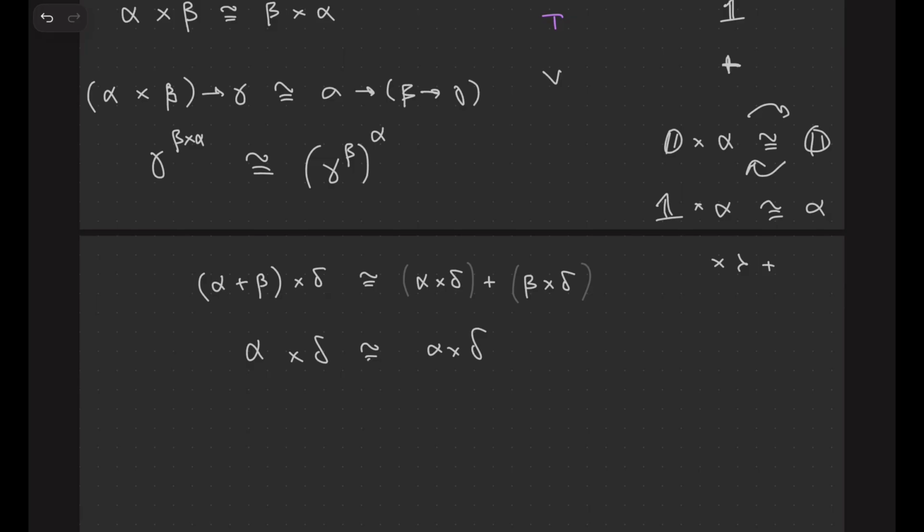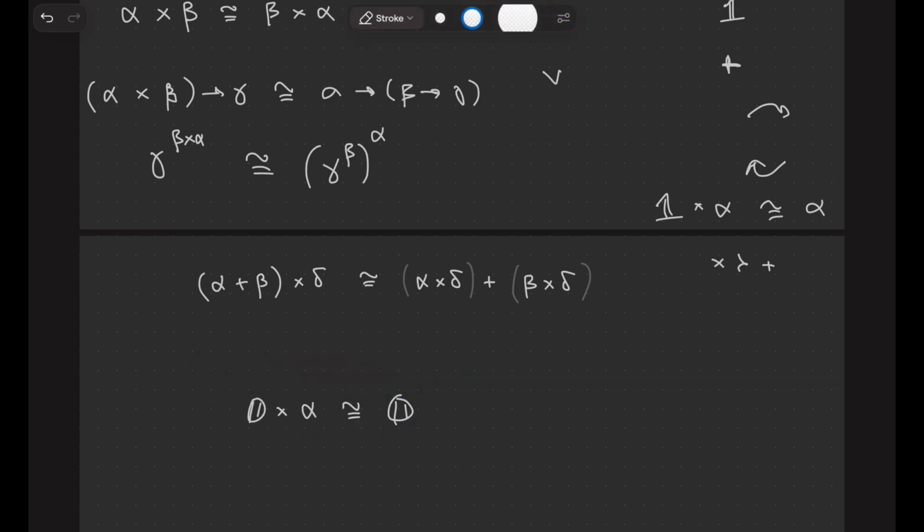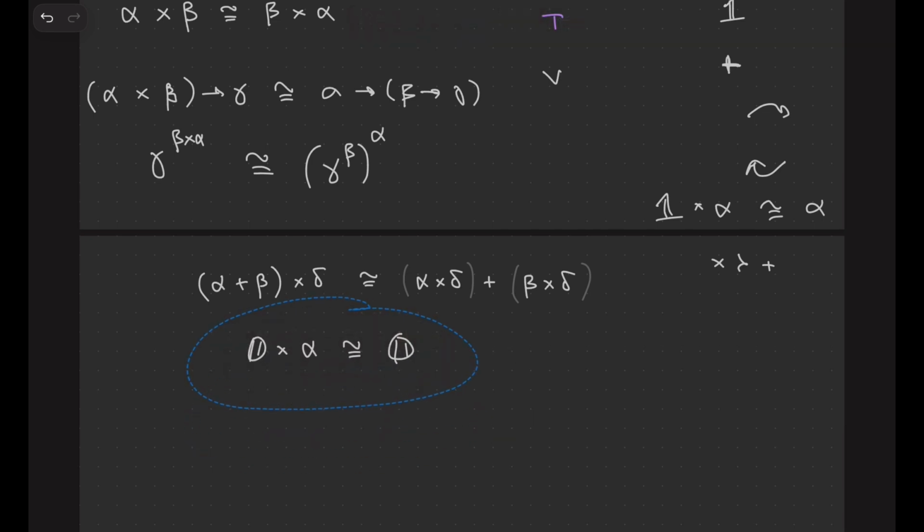Exactly, it's this one. Usually you don't see it as distributive property, but this is the zero version of distributivity property. Does that make sense? I mean, this means pretty much that if you add zero things, you should get zero. And this leads us to another question.